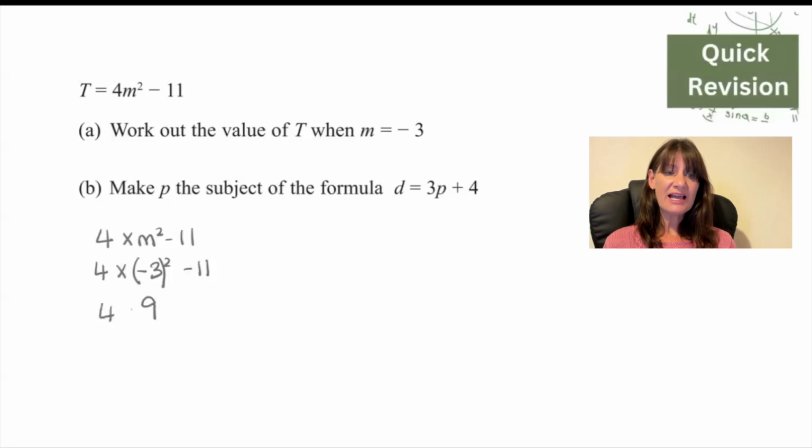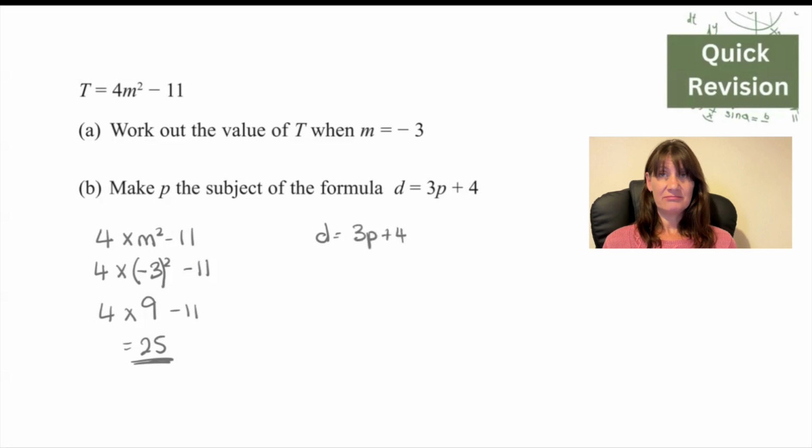So when you put this in the calculator, you can either put it in at the stage of 4 times bracket minus 3 squared minus 11. It will give you 25. Or you can work out that middle section. Moving on to part B,